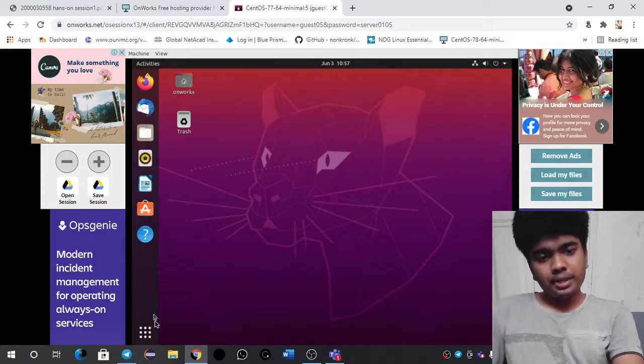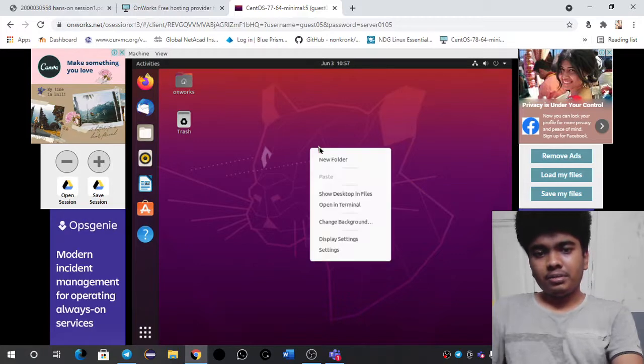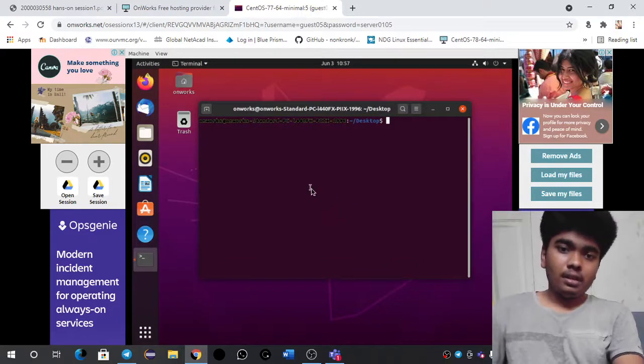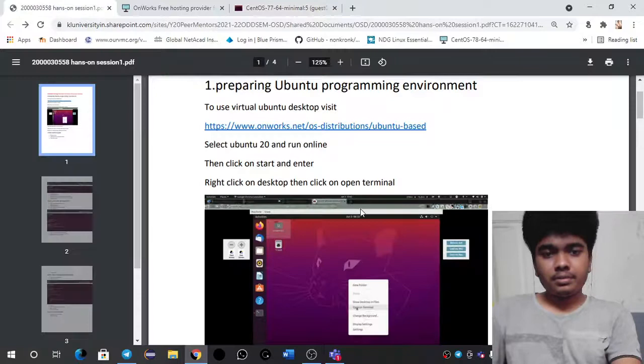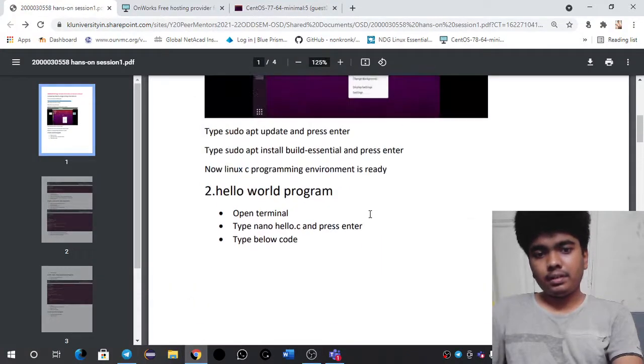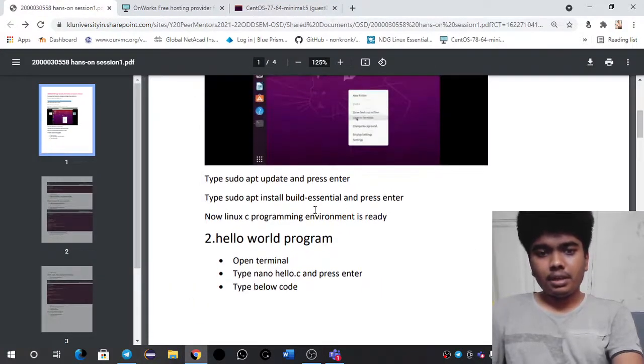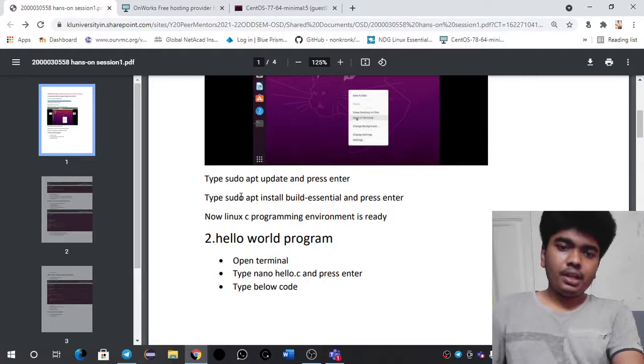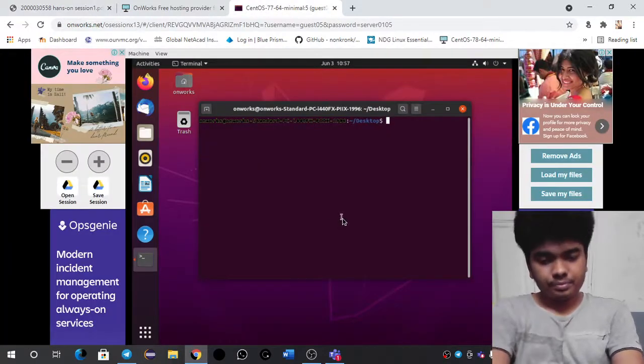There are two ways to open the terminal. We can click on show applications, otherwise we can right-click and click on open terminal. So now the terminal is open. Now we need to make sure this is ready for the C programming environment. For that, we need to run sudo apt update.